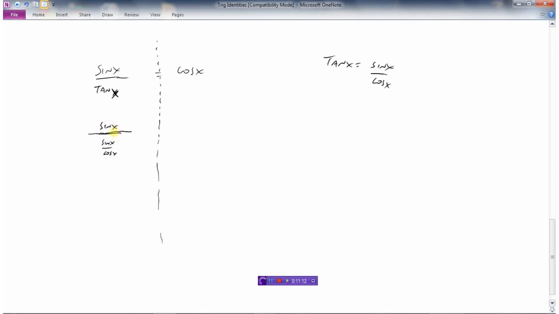Well, I've got sine x divided by a fraction. So we just got to review this. If we had 5 over 2 divided by 3/4, remember, to divide fractions, we multiply by the reciprocal. So change it to a times sign and take the reciprocal of the second expression there. So I'm going to do the same thing. I got sine x divided by this, so that would be the same as sine x times the reciprocal,